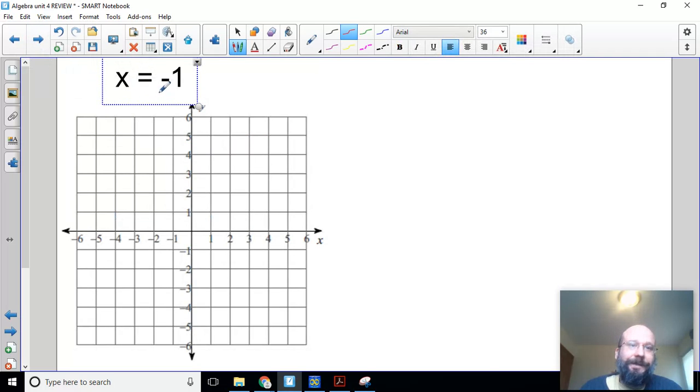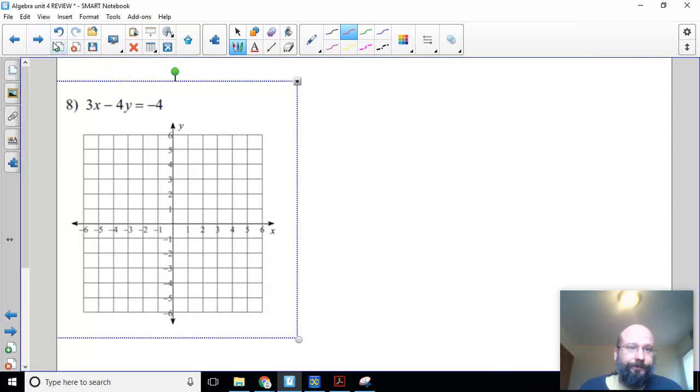This one, you would find negative 1 on the x. And since it's on the x, it's a straight up and down line. We'll pretend that's completely vertical. That's this line. I'll do one more